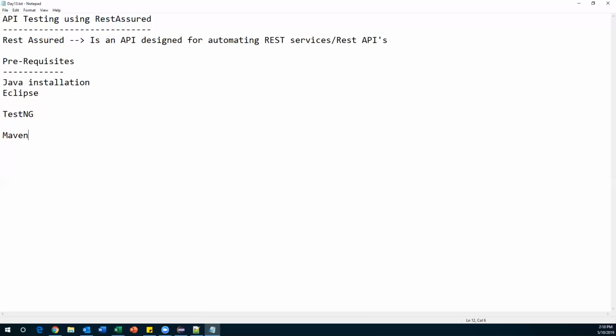Now we are going to use all of them. Java installation is required, so Java is the first base, and then Eclipse is an IDE. TestNG has some features, and we are going to incorporate those features. Finally, we need Maven. So these are the prerequisites. In Maven, we need to specify multiple dependencies. Normally we can just download the jar file and attach it to the project. In other words, we can create a Maven project and specify only the dependencies. It will download the required things for